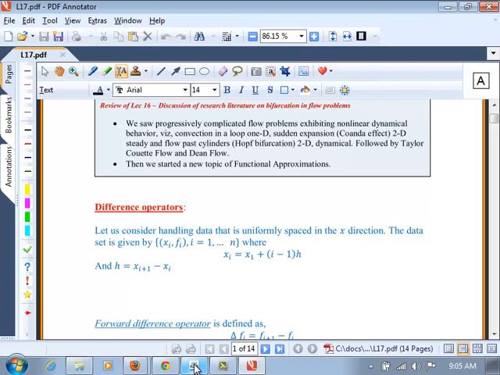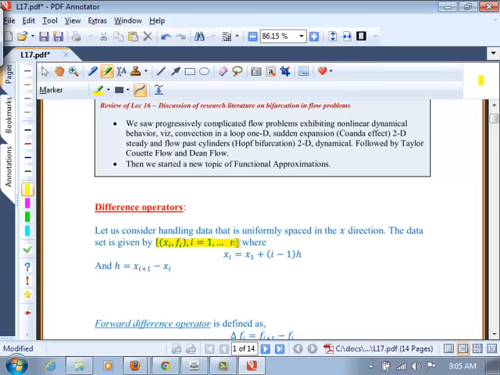But today I'm going to talk about what are called difference operators, and this sets the stage for finite difference approximation for solving differential equations of all kinds. We're going to look at a problem where we have a given set of data points, xi, fi, and the points are uniformly spaced in the independent variable. So xi at any location can be calculated if you know what i is, the grid point location. Okay? So the picture to keep in mind is if I